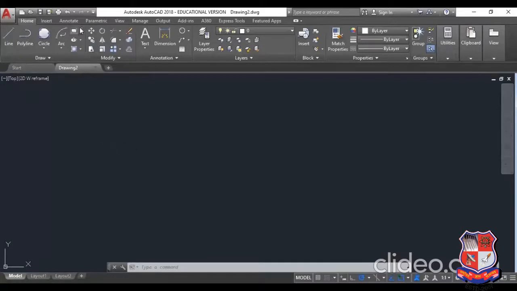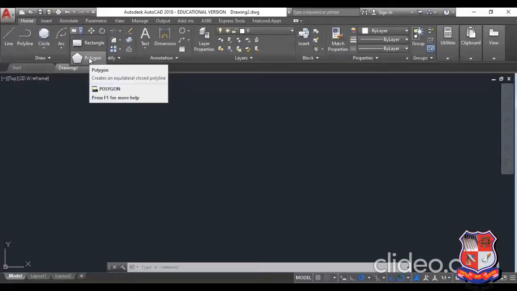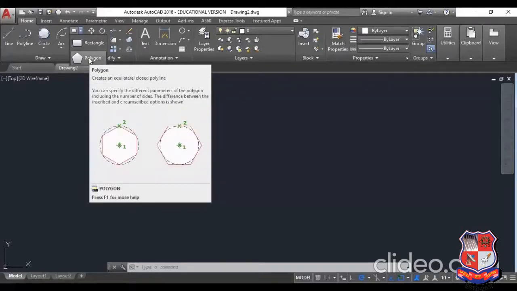So click on that polygon. Polygon, it means what? It's having more than 3 sides and more than 3 angles, having equal sides and equal angles. That is called a polygon. So in short, we can say it is a triangle, square, pentagon, hexagon, heptagon, octagon, nonagon, and so on.